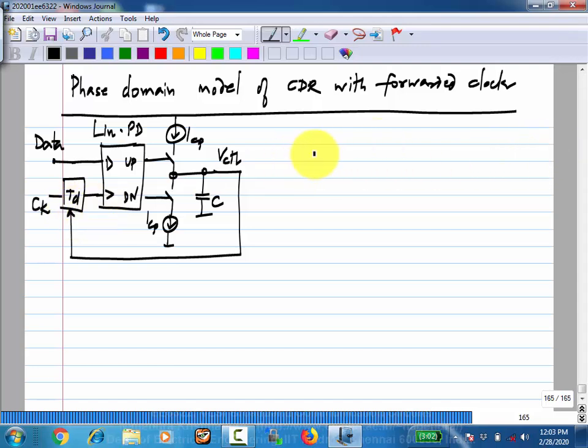And for this we found the model to be, if the incremental, so it locks to some operating point, and over that if the incremental phase of data is phi d and this is phi ck in, so let me call this clock in and this is clock, then you will have increments in the control voltage as well as the clock phase. The model that relates all of these things we saw was